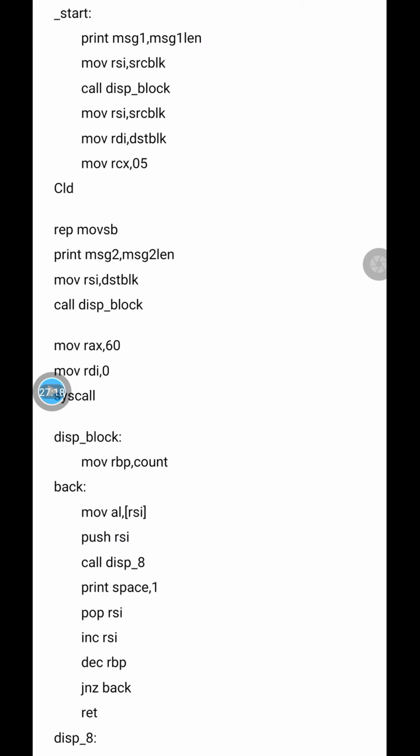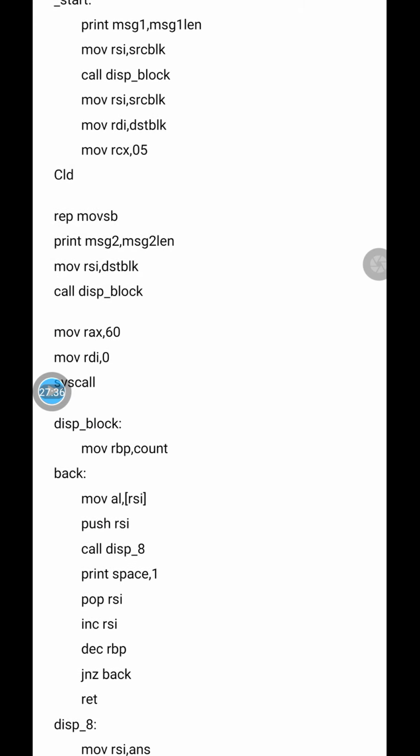We don't have to write all these things, just clear the direction flag and write REP MOVSB. If you are moving a byte, you have to write the instruction MOVSB. If you are moving a word, you have to write MOVSW. And if you are moving a double word, you have to write MOVSD. And if you are moving a quad word, you have to write MOVSQ with a repeat prefix.